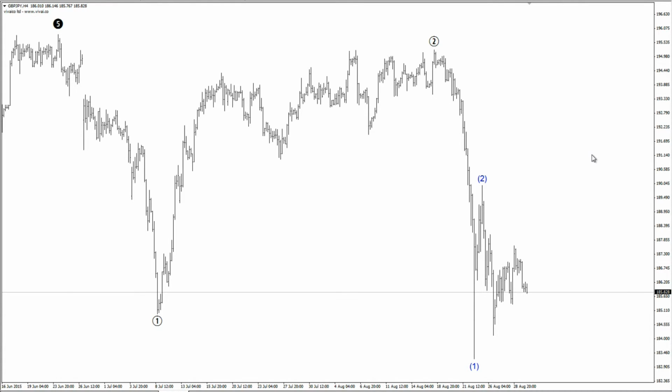Pound Yen has declined slightly yesterday. Price is now at 185.84, and perhaps the wave 2 correction has ended and we are resuming the downwards push in this, but still quite a weak